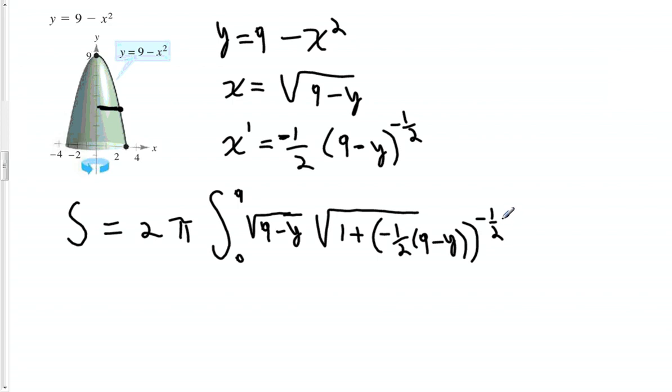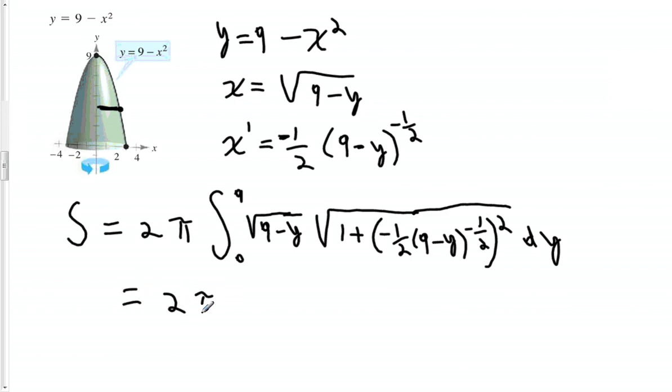And this is all then squared. So let's erase one of these parentheses. So this is to the negative 1 half power, and this whole thing is also squared. So we're taking the derivative with respect to y, and we get this thing, which we can rewrite as 2